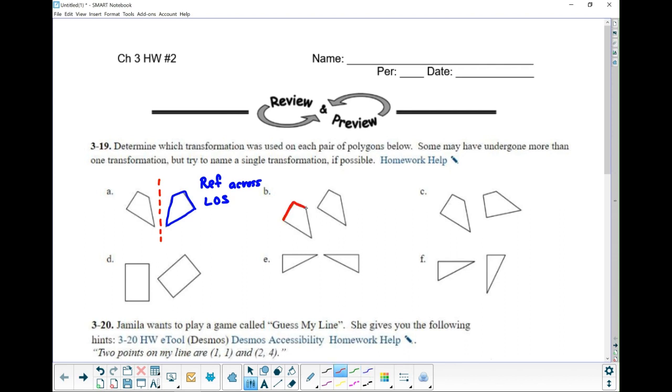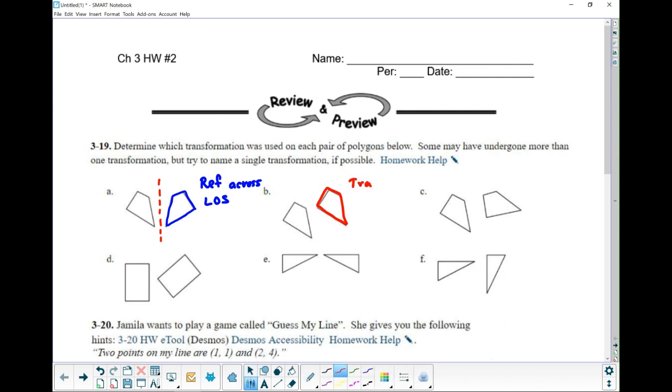Okay, this one right here. This is just simply a translation, right? You can translate it to the right, and then you can translate it up. So that's 2 translations, or you can just translate it diagonally, right? But usually that's a little harder. So you say this is a translation to the right and translation up. Or you can say translation up and then translation to the right. Either way works. So I would say this one is